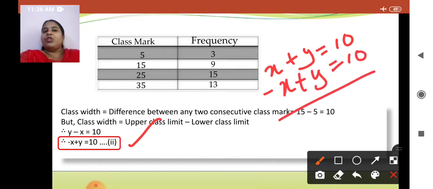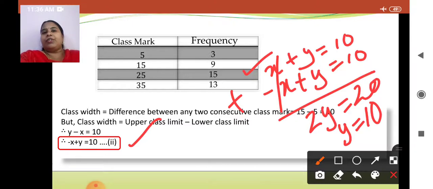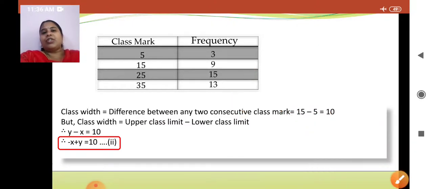Okay, so now what is to be done? As plus and minus you can see, you add these two equations, number 1 and 2. What you will get? Plus x minus x will get cancelled. Y and y is 2y, that is nothing but 20. So y automatically will become 10. One of the answers I have got. I can very easily get the other answer by substituting it in any one of the equations, either 1 or 2. Okay, so this is actually linear equation in two variables. I hope this is understood.